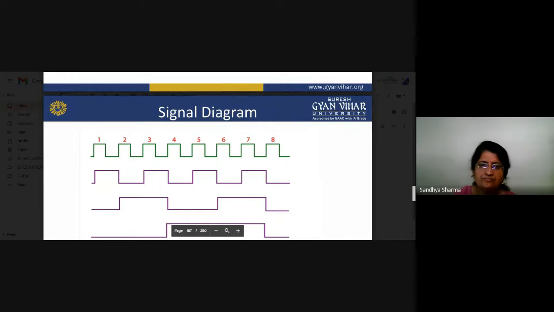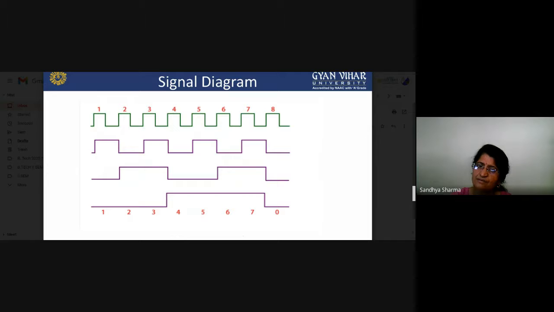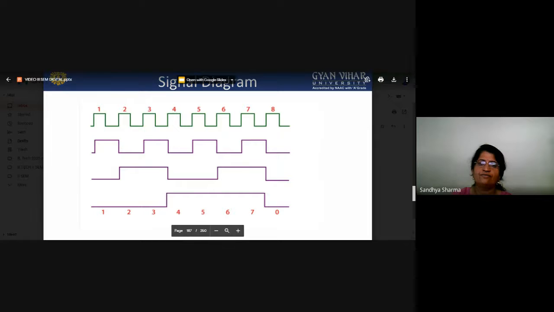You can see here, these are the clock signals. Your first flip flop will be activated, and then again on a negative edge triggering your second flip flop will be activated. And until the negative edge triggering of the first flip flop is received again, your third flip flop will be activated. So this is the way in which our counter flip flops will be working, and we can count it by 0 0 0 1.